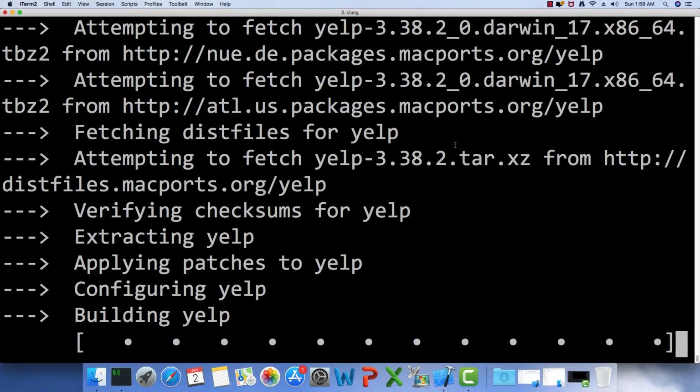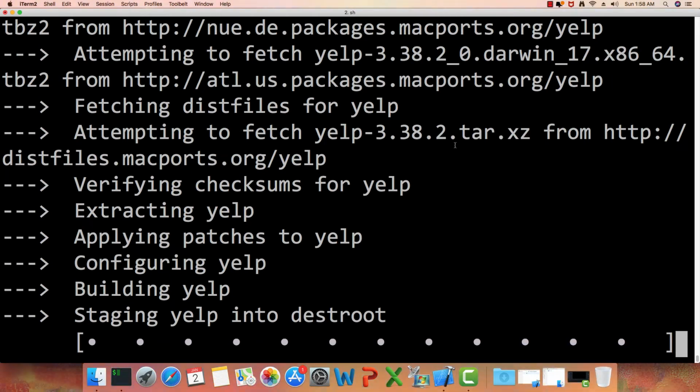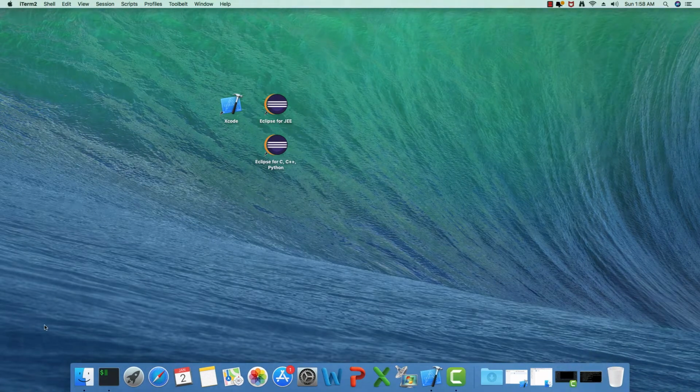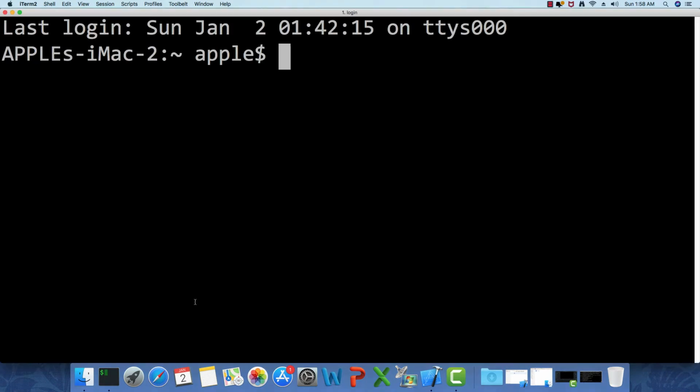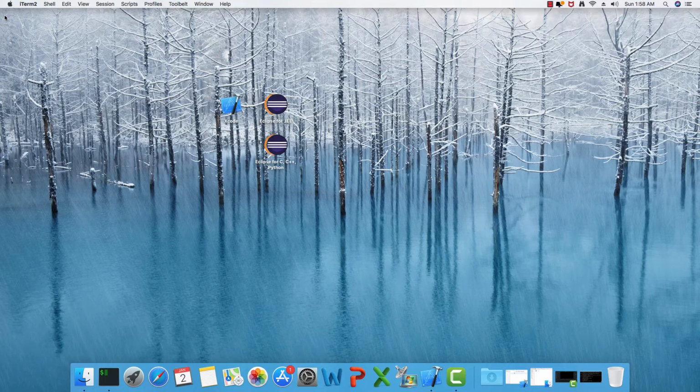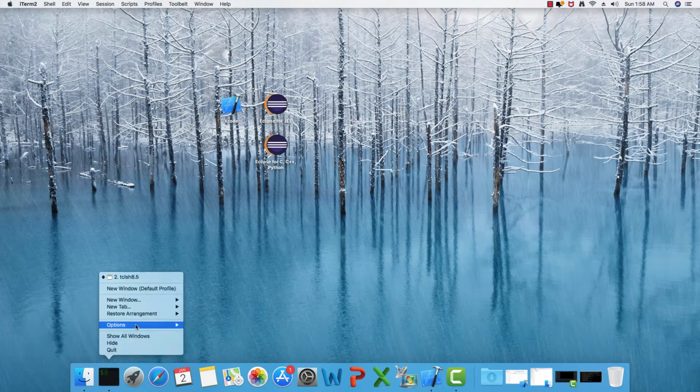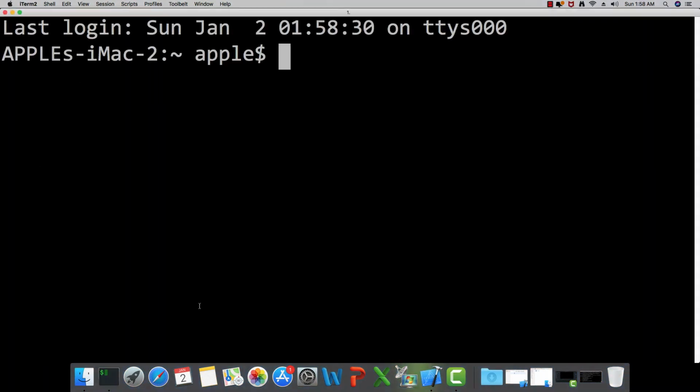So basically, in the last video we had tried to install gedit and it is still installing. Okay, so we are going to minimize this window, we are not going to close it, and we are going to have a new window, or we can also have a new tab. I have never tried it. Actually, I don't use macOS myself a lot. So in case I am fumbling or struggling with something, please forgive me for that.